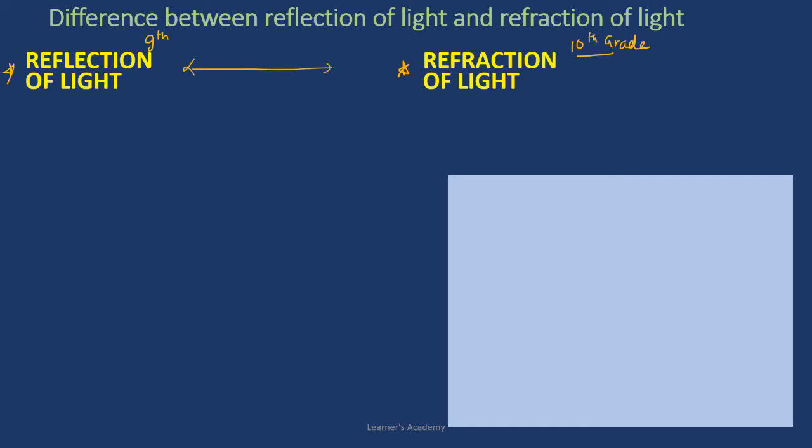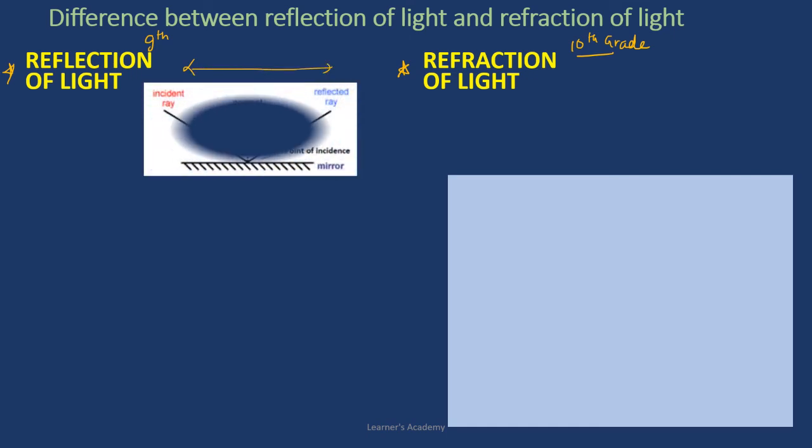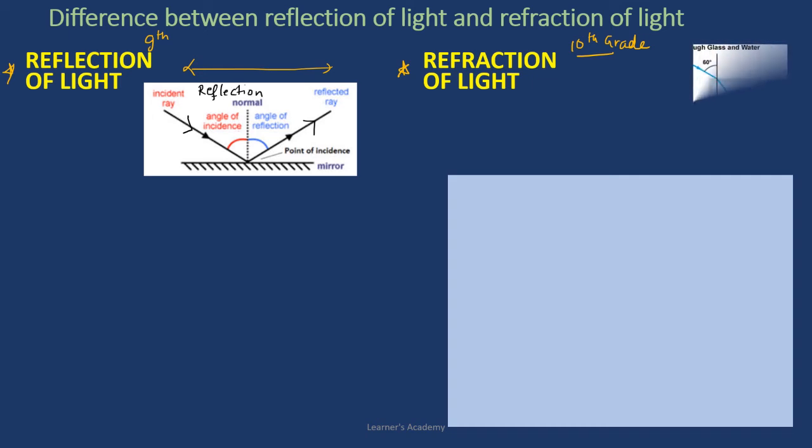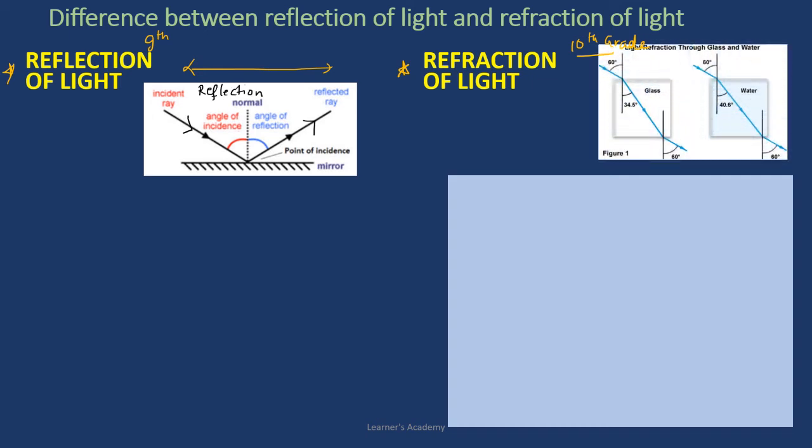Reflection means when light is incident on the surface of an object, in general, it is deflected in different direction. This process is called reflection of light. On the other hand, the change in the direction of propagation of light as it passes obliquely from one transparent medium to another is called refraction of light. Refraction occurs because the velocity of light is different in different media.